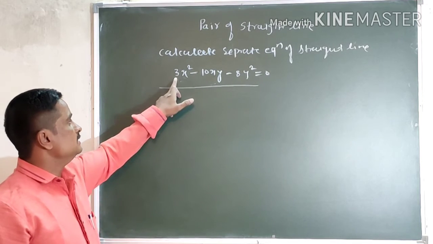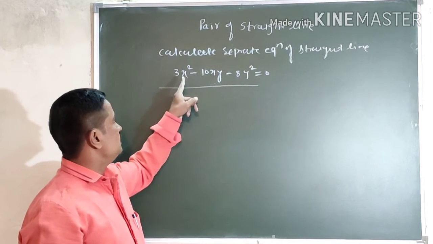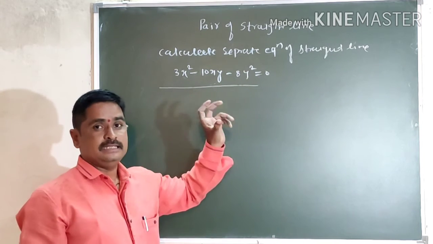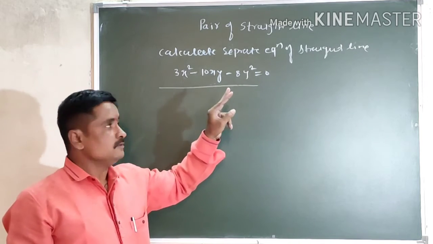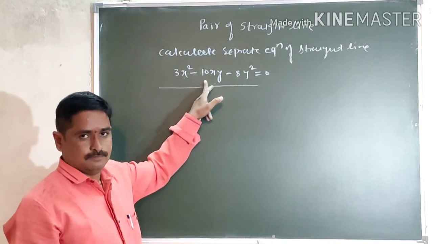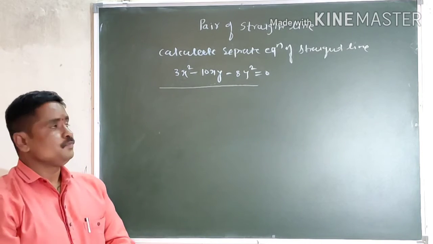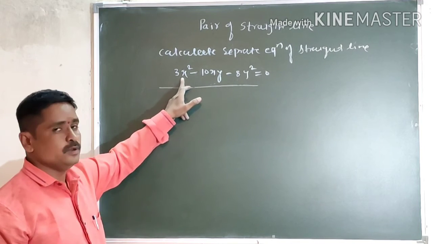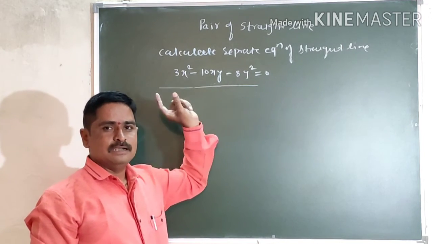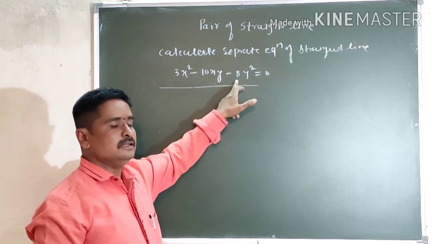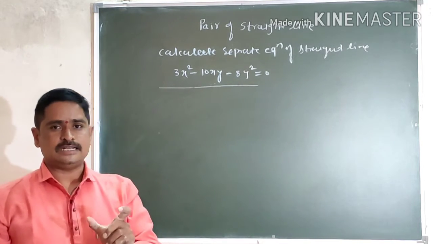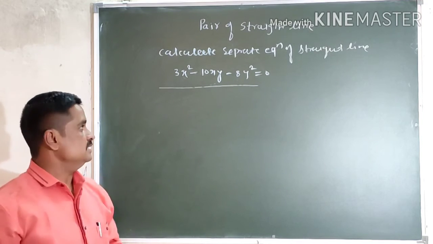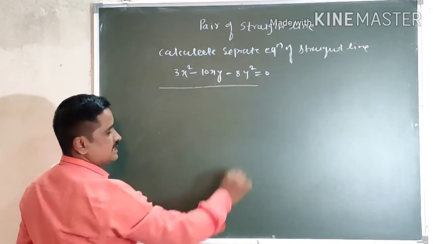That means we have to multiply 3 into 8, the coefficients of x square and y square, and we have to obtain that number, and the divisors of that number should give the value of the middle term. विद्यार्थी मित्रांनो, आपल्याला ह्या इक्वेशनचे फॅक्टर पाडायचे आहे. त्याच्यासाठी आपल्याला x स्क्वेअरचा जो कोएफिशियंट आहे आणि y स्क्वेअरचा जो कोएफिशियंट आहे त्याचं मल्टिप्लिकेशन करायचं आहे, आणि मल्टिप्लिकेशन जी टर्म येईल ती टर्म अशी डिवायझर शोधायची आहे, असे फॅक्टर शोधायचे आहे की जेणेकरून मिडल टर्म ही त्याची ऍडिशन किंवा सबट्रॅक्शन रिस्पेक्टिव्हली यायला पाहिजे. मग 3 into -8 that is equals to